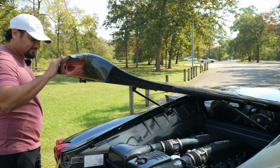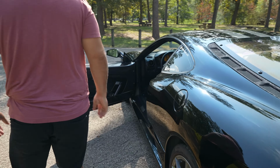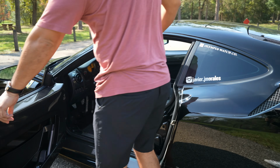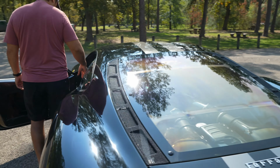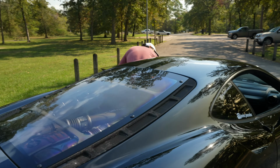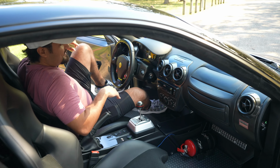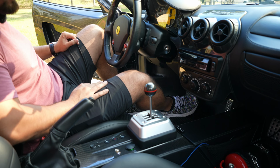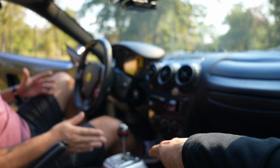I think without further ado, we just got to get in here and show you exactly why this car is so special. So let's sneak a little peek as he walks to sit in the driver's seat, and then I'm going to run to the other side. Ooh, look at that. Let's get a view of how this man and his machine stand out from the crowd. Full carbon interior, and the only thing that matters,